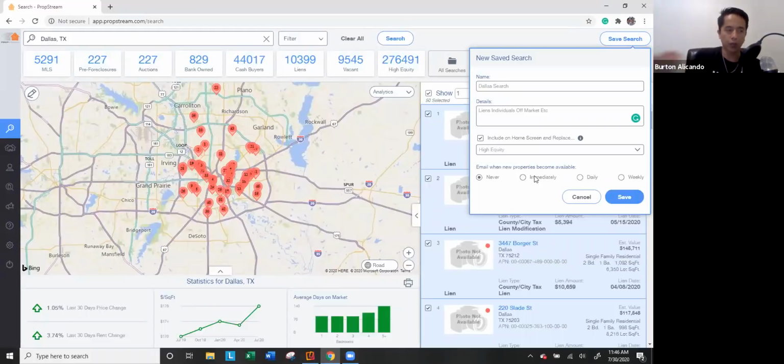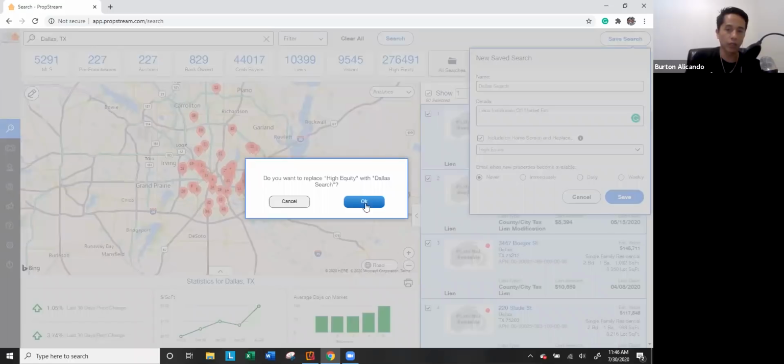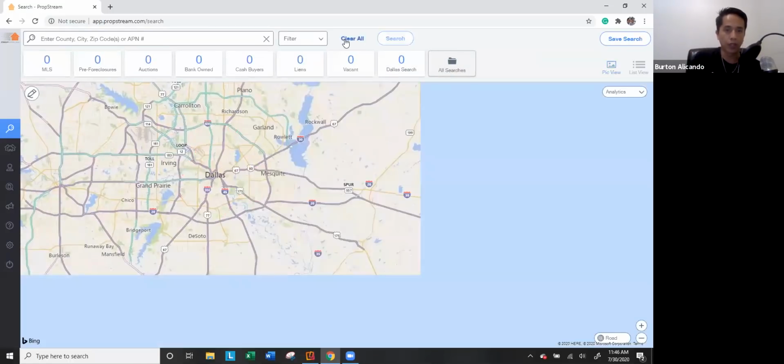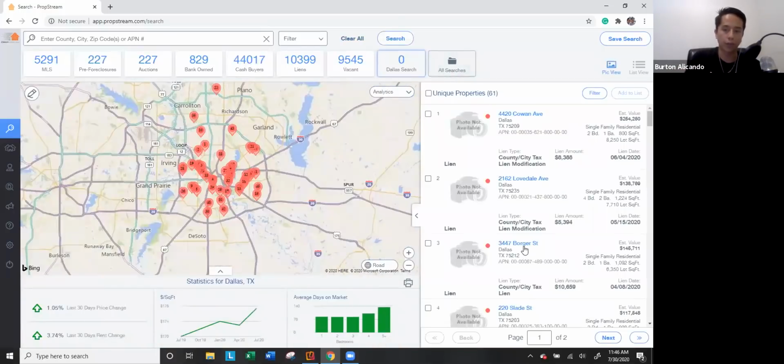And then you can get email notifications. So we can actually pay attention to this filter and the search. So if next week we do an update in Dallas and something meets your criteria, you'll get an email immediately, or daily, or weekly. And so from there, when I hit save, we'll put it in the box at the top for me. So that way, when I go back, it's there waiting for me, those 64